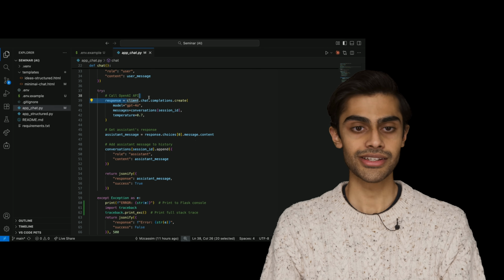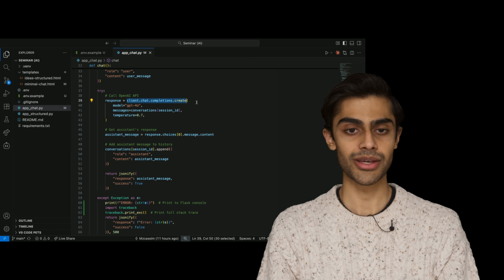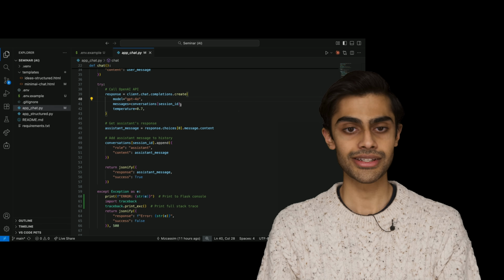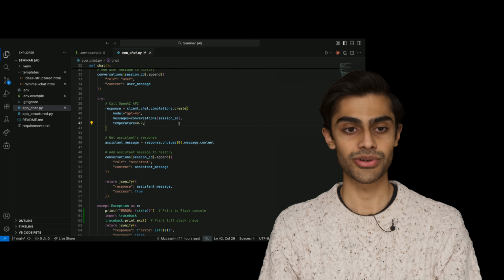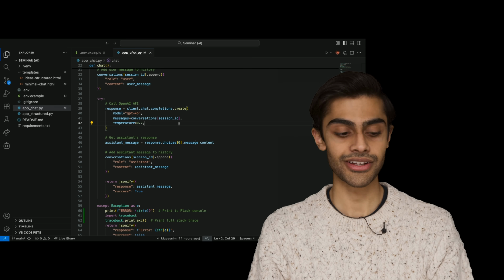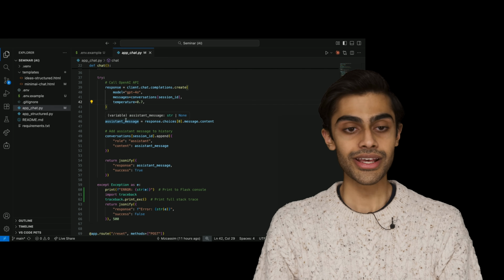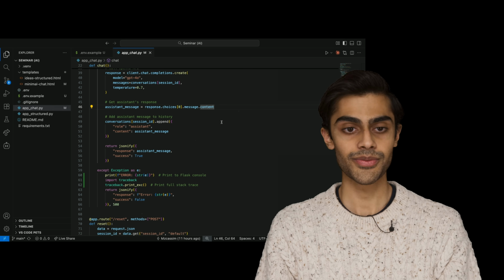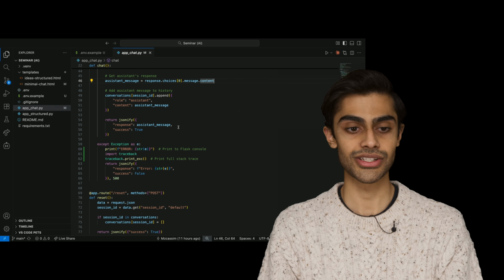This line of code here essentially creates a chat completions object for the OpenAI API. We pick the model to be GPT-4o. We append the user message history, and then we set the temperature to be 0.7. These settings we won't explain in detail right now, and feel free to look out for other content that will explain this further. We then get the assistant's response, and this is the response that we get from the OpenAI API. We add this to our history as well, and then we return the message itself.